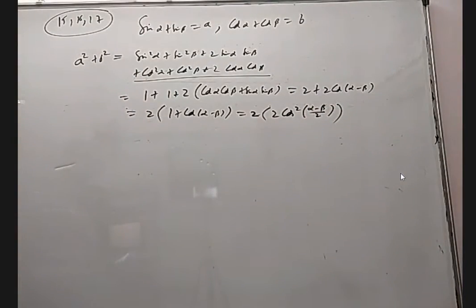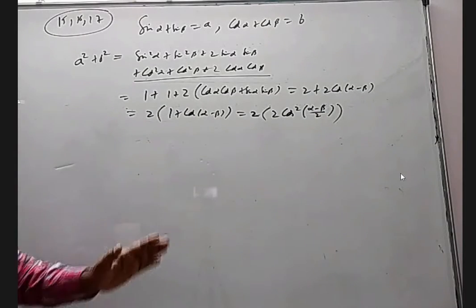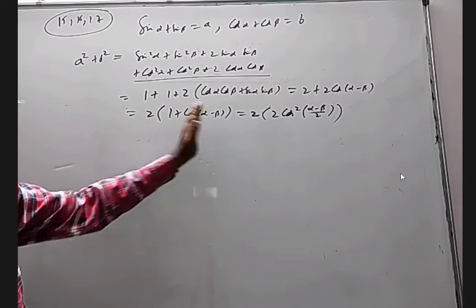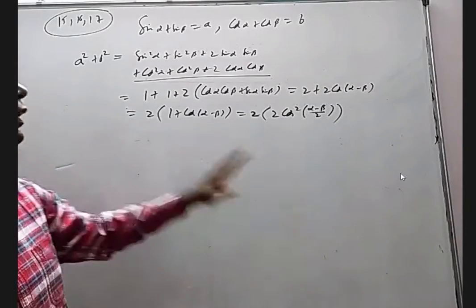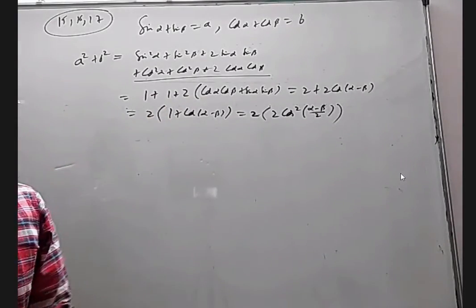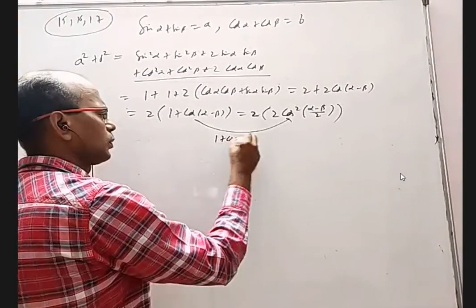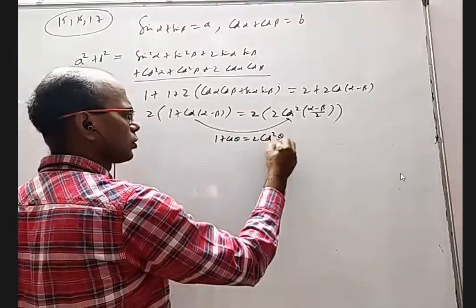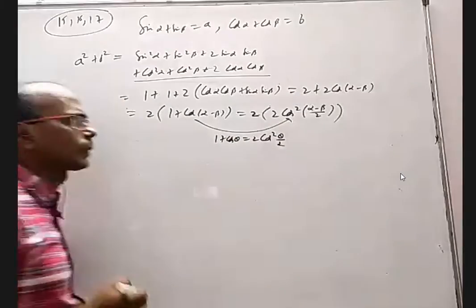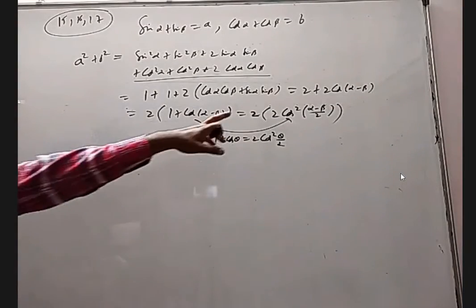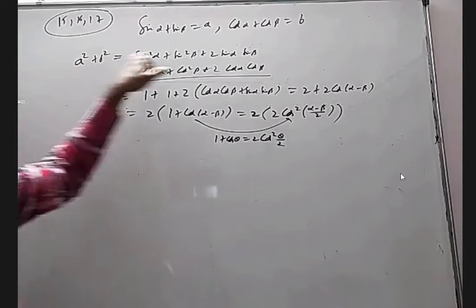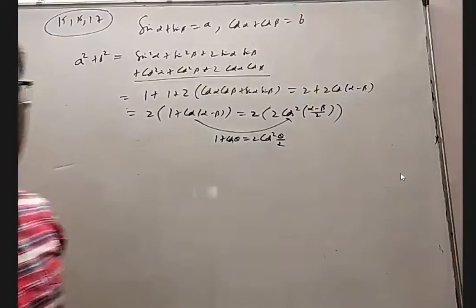I said when I told multiple submultiple angles, we are going to use this repeatedly. 1 plus cos theta is 2 cos square theta by 2, and 1 minus cos theta is 2 sin square theta by 2. So from here to here the formula is 1 plus cos theta is 2 cos square theta by 2. So we are able to find cos square alpha minus beta if it is required, and we are able to find cos alpha minus beta if required.